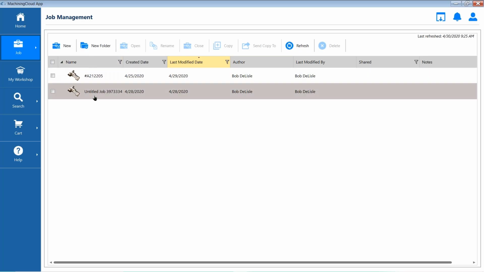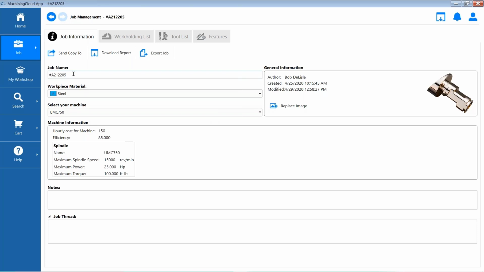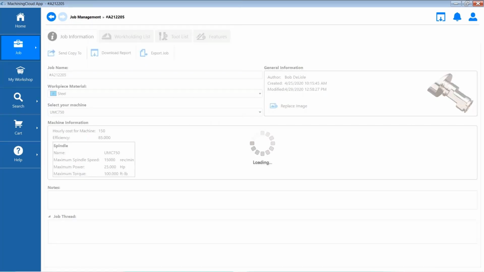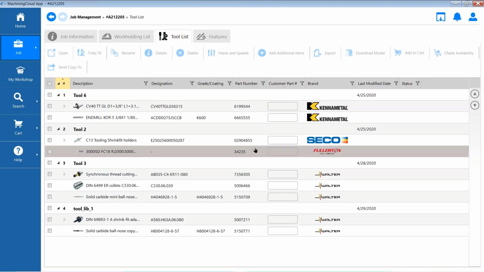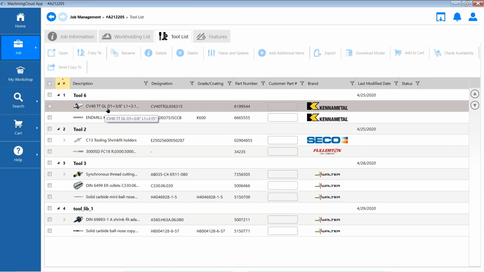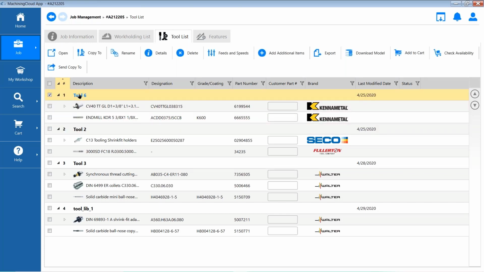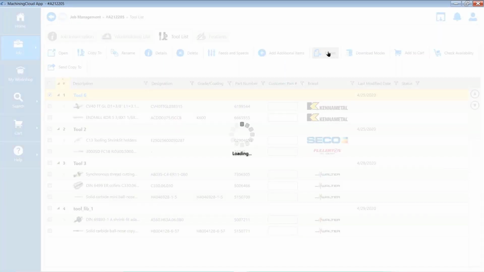Inside of job management, it's got all my different jobs. Open this job, you can see it's got the job name, what the material is, what machine I'm using it on. A tool list if I have one, and you can see I've got a couple here. So what I've done is gone in and grabbed some end mills, the end mill that I want, the holder that I have associated with that end mill, and I've created a tool. And if I click on tool number 6 there, options at the top light up, and export is one of them. And when I click on export,